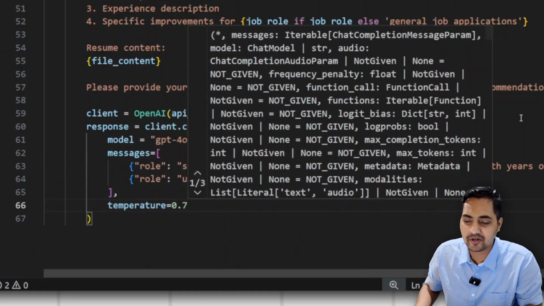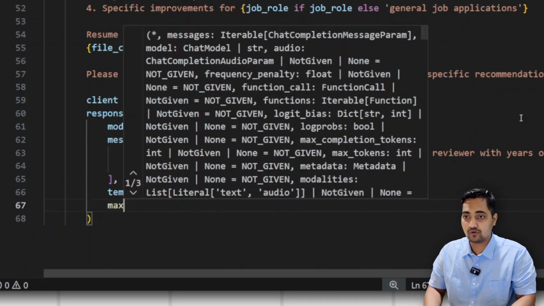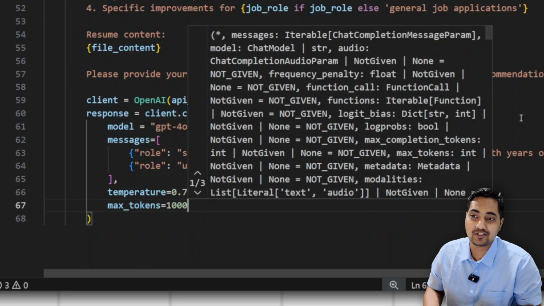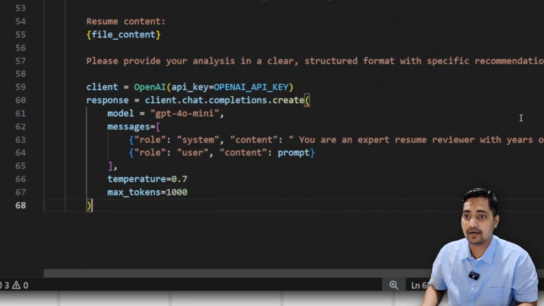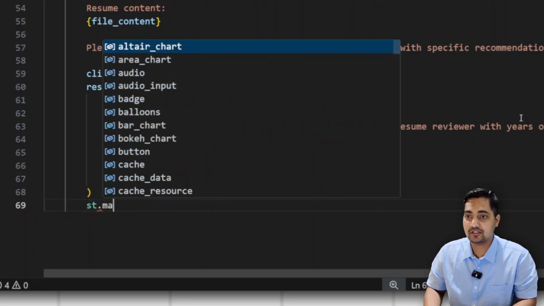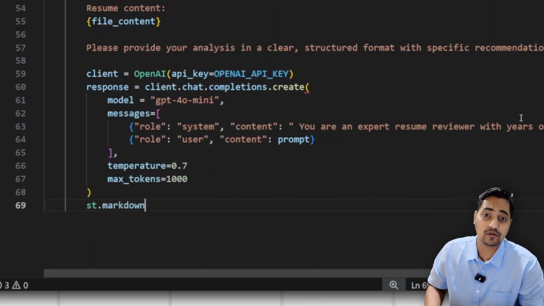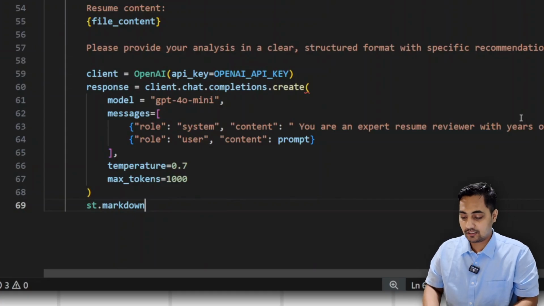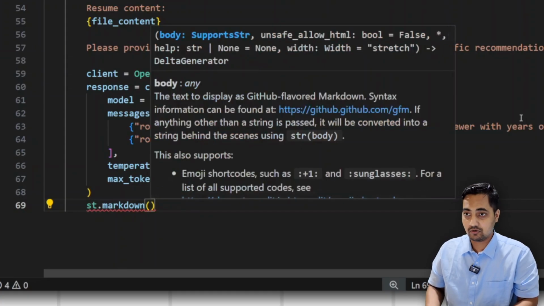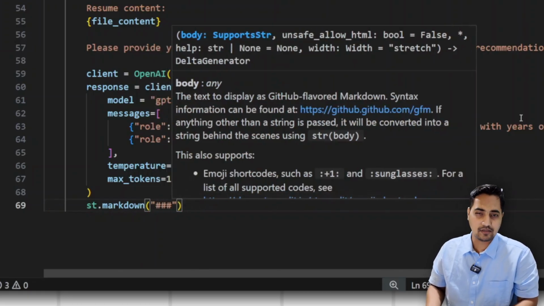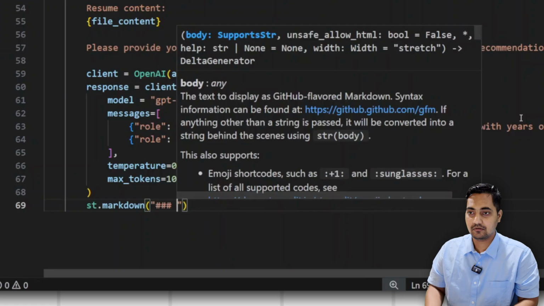We do need a little bit of randomness, okay? But then I also don't want it to take too much time or too much money. So I'm going to set the max tokens as some particular amount, and then I need it to give me the result as well. So I'm going to say st.markdown. Why markdown? Because all AI give their responses in markdown format. Since this is going to be a web page, I'm going to have a pound sign, which is basically like a subheading, analysis,